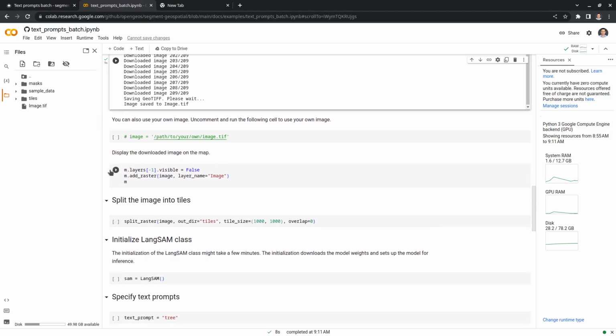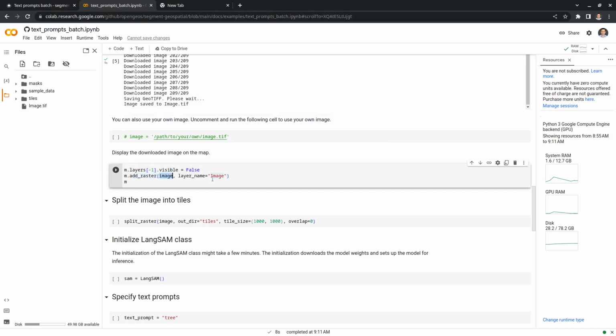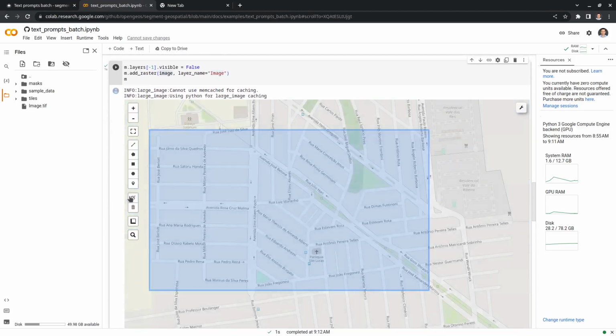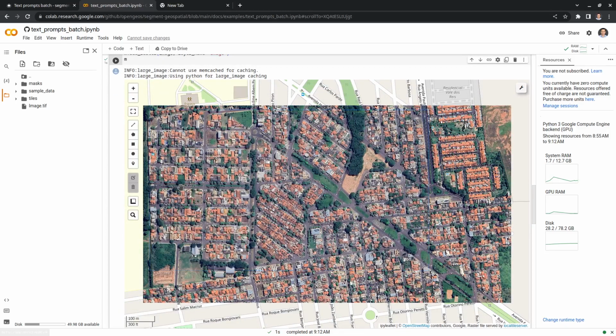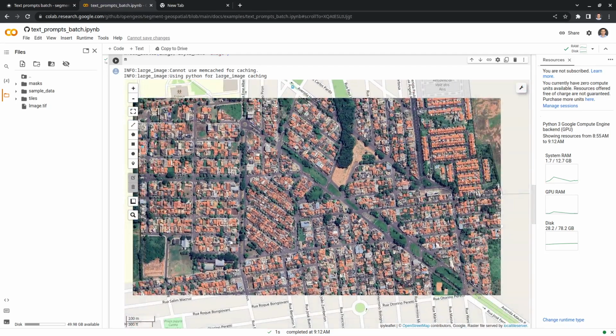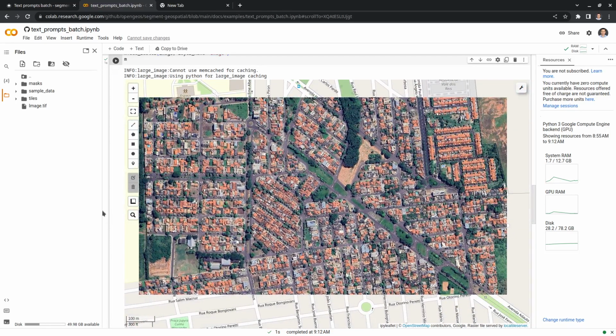Once you have the imagery, now we can add the imagery. Use the add raster imagery function, and the layer name is going to add that one to the map. So see here, let me clear the rectangle. You see this is the imagery that I downloaded, and with this now we are going to do the